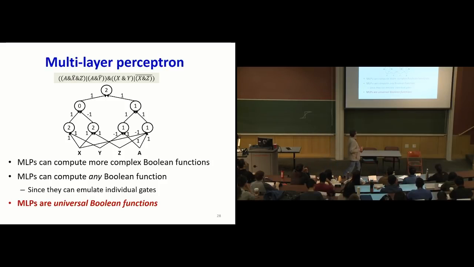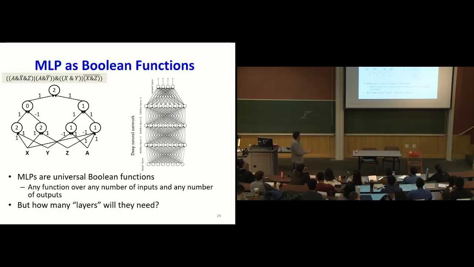So MLPs can compute any Boolean function. They can emulate any individual gate. So these are what are called universal Boolean functions. We are calling them universal Boolean functions because if you give me a Boolean function, I can always build an MLP that will compute it. It's a universal Boolean function. But then,